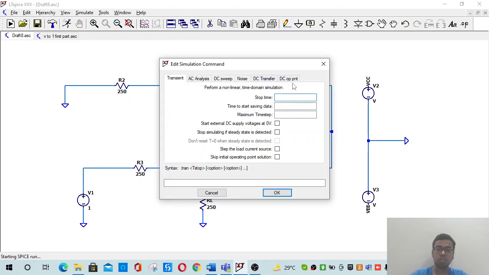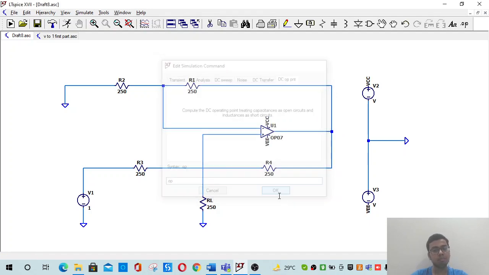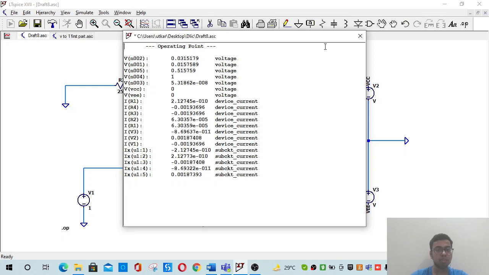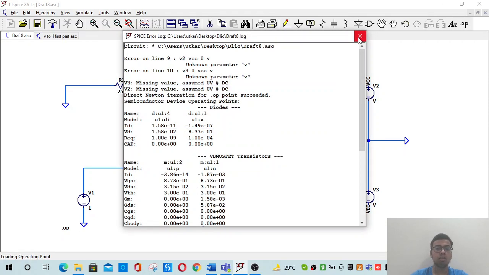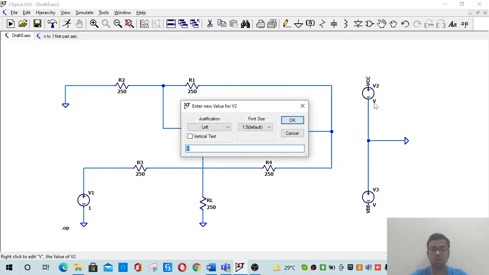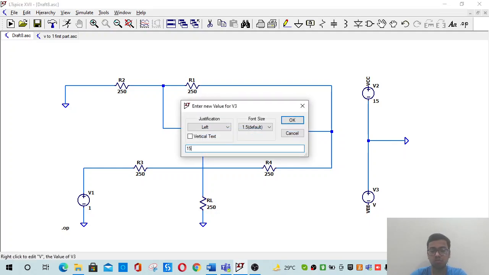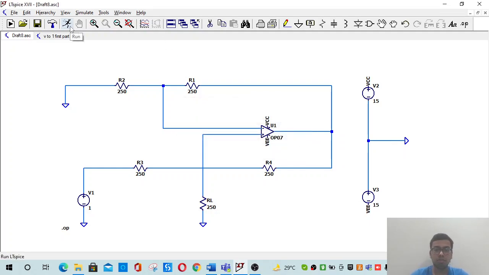Okay, since I made the circuit recently, we don't have the .op simulation command placed on it. We'll be simply doing it. We have already placed it, and we see the operating point values coming up. There seems to be some error. Just give me a second, guys. Oh, okay. By mistake, I forgot to put in the voltage values. We'll be putting these values soon. Yeah, and now we'll be running it again.